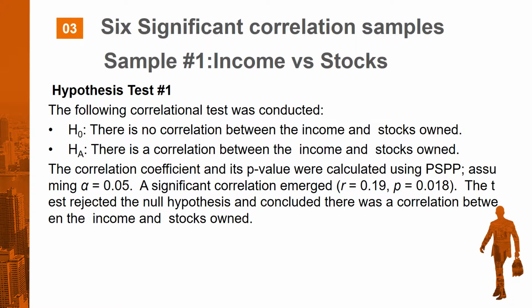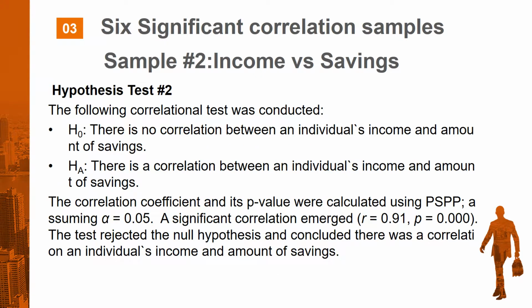So we'll move to our next test, which is hypothesis test number 2 for income versus savings. Our null hypothesis again is saying there is no correlation between an individual's income and the amount of savings. This is a very interesting one. And the alternative hypothesis is saying there is a correlation between an individual's income and the amount of savings owned. We used the PSPP tool for this analysis as well with our alpha value of 0.05, and we saw a